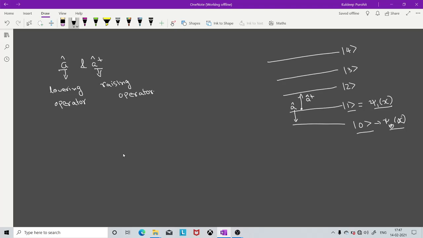So how do we design these operators? To focus on this, we define a as a lowering operator. When a operates on a state n, it will reduce the level of that state, so the result I will get will be n minus 1. And there will be some proportionality constant, Cn. Don't confuse this, it is not an eigenvalue. It is a proportionality constant.